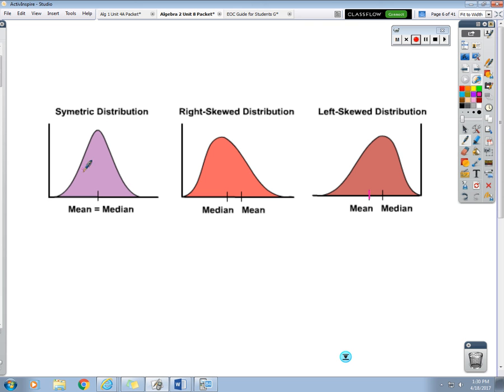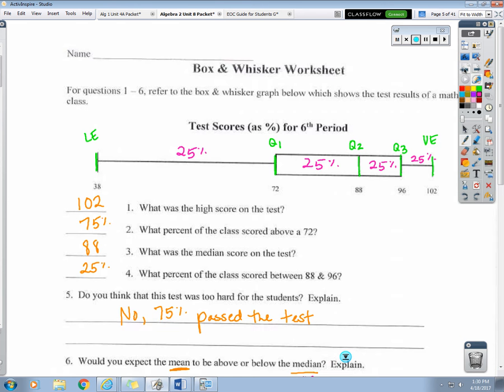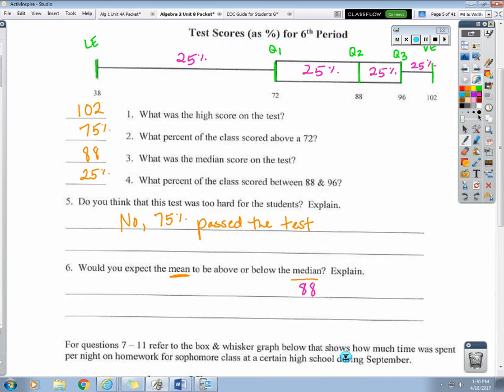Remember, if the data is symmetric, meaning like our box was right in the middle, that is a symmetric distribution, and the mean and the median would be equal. If the data is right skewed, most of the data is on the left side, which is not the one we're looking at right now. Turn around and pay attention. And if the data is left skewed, more of it is to the right, and that would place the mean below. Now, the reason it's below is because this outlier is way over here at 38, so it pulls down